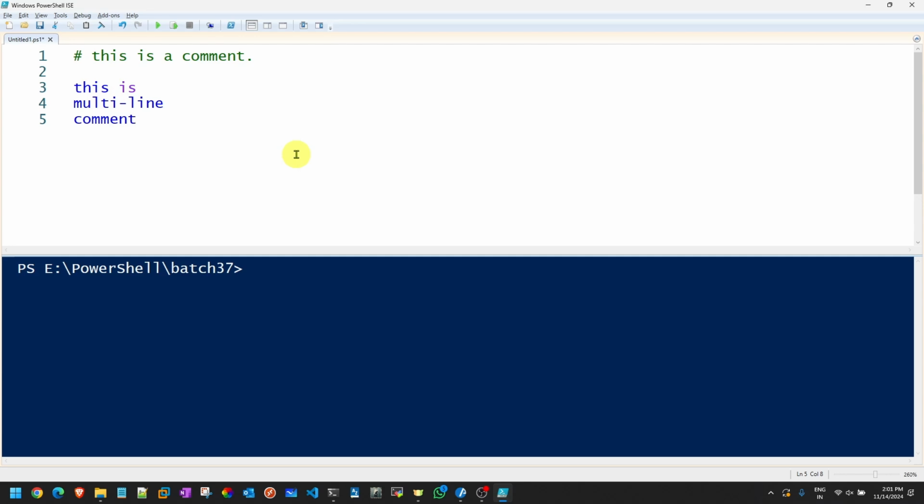Hashtags can be used for individual lines, and if you have a limited number of lines, this is still doable. But if I have to write 100 lines of comments, can we do that? Obviously not. So in that case, we can go with another approach called multi-line comment. To start a multi-line comment, we have to do this.